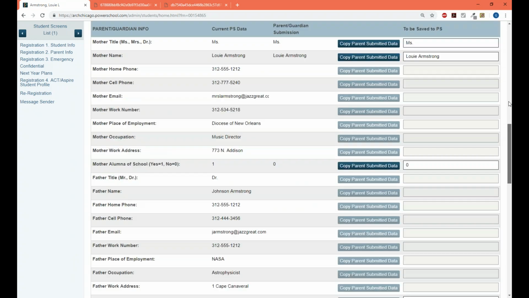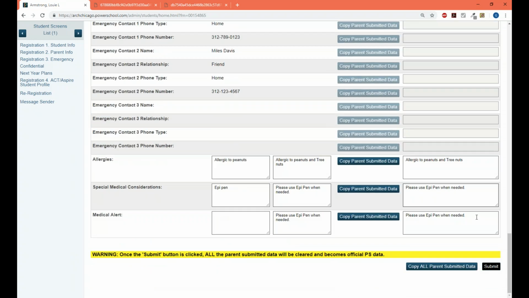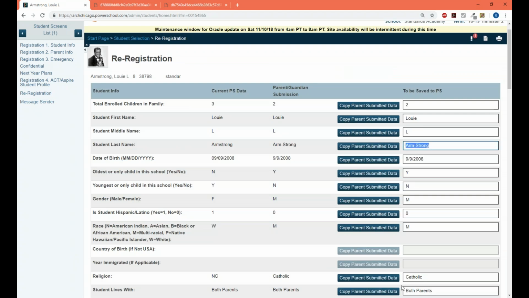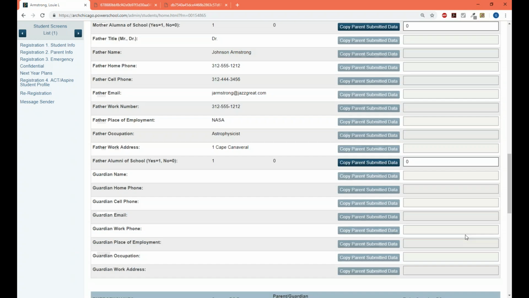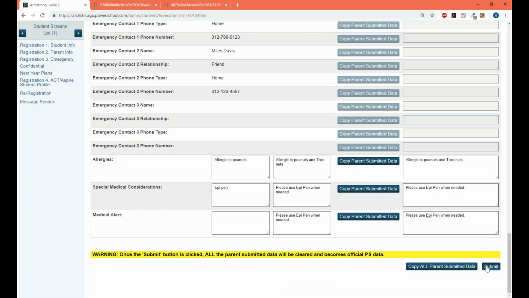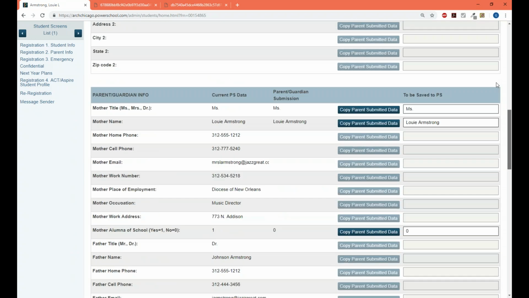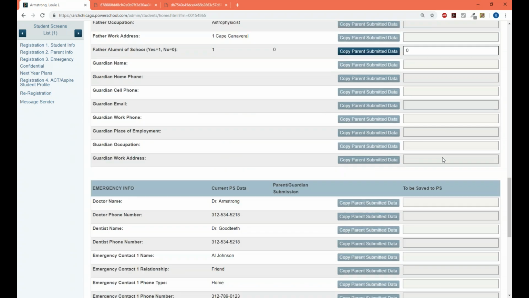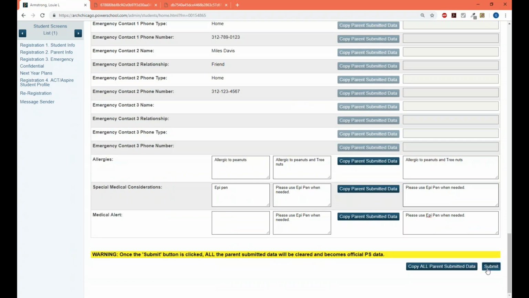A couple of points I'm going to show you. This is new, right? This medical alert, that's something brand new that I put in. So I'm going to show you that when we copy it over. And make note of the last name. I hyphenated the last name to Arm-Strong. I did that on purpose so you can see that when we hit submit, this data does officially become PowerSchool data. So at the top here, right underneath the picture, we have Armstrong, no hyphen. After I hit submit,